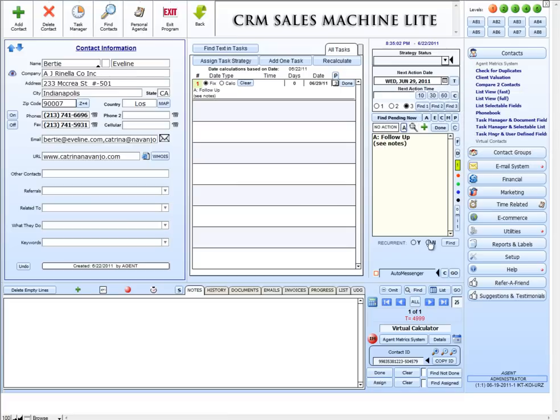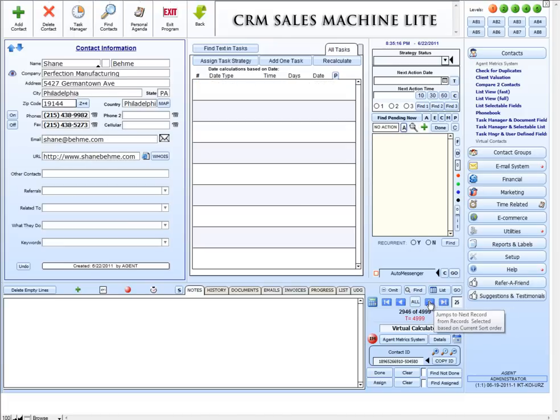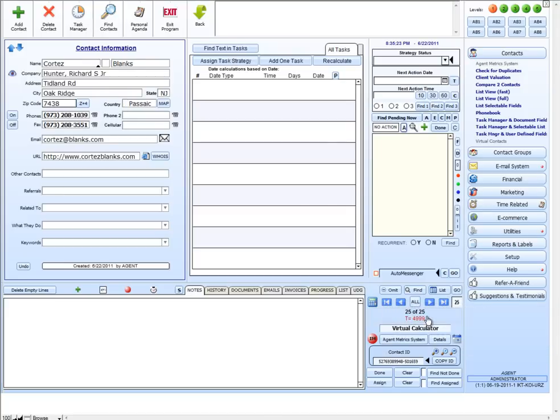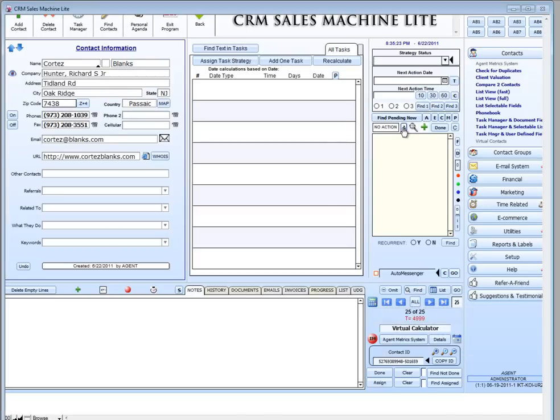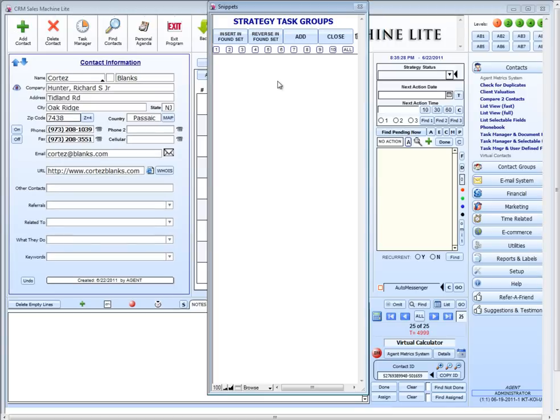But most importantly is the ability to do multiple tasks. Let's say that I select again 25 records from here, and imagine for a second that these 25 records are prospects, and I'm going to call it a prospect strategy, and I'm putting a dash. The instructions are right here in the tooltip, and I'm going to say, okay, I'm going to do a welcome email for this client, and then tomorrow I'm going to do a follow-up